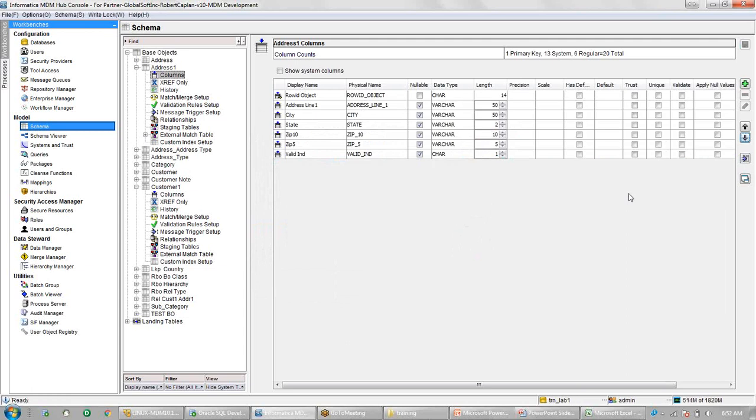Now I know that customer is a parent table and address is my child table. So in my child table, I will add one column here and I will name it customer Roy.